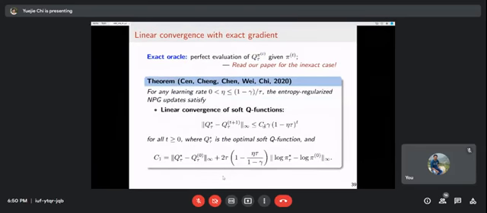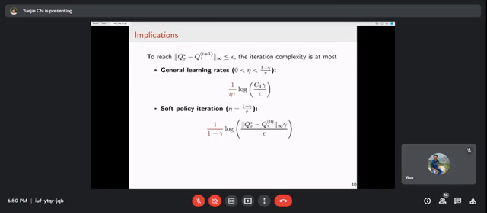So assuming we have perfect policy evaluation, we actually were able to establish that this entropy regularized NPG converges linearly to find the optimal solution of the problem. Let me interpret this result a little bit. You don't need to read all the quantities here. But the key message is, if you want to reach epsilon accuracy, the iteration complexity, if you're taking a general step size, is roughly speaking on the order of 1 over epsilon tau times log 1 over epsilon. Where if you fix the learning rate eta and